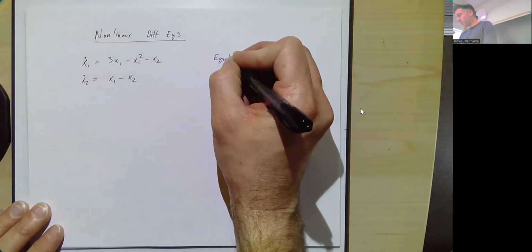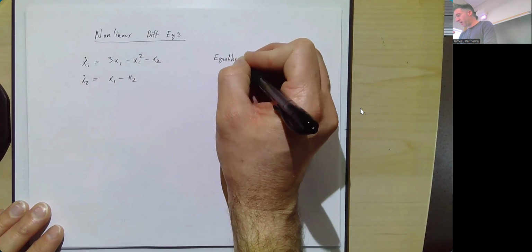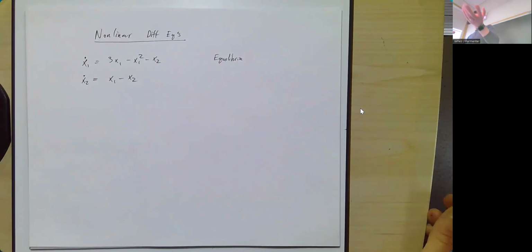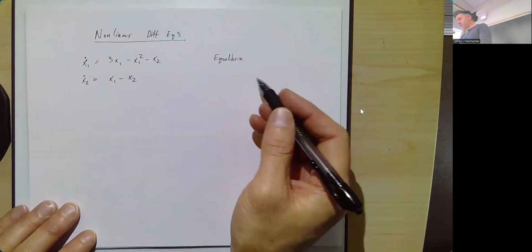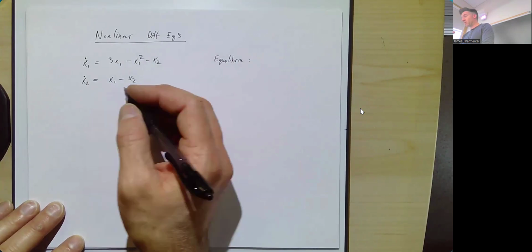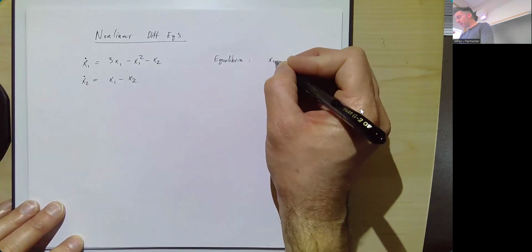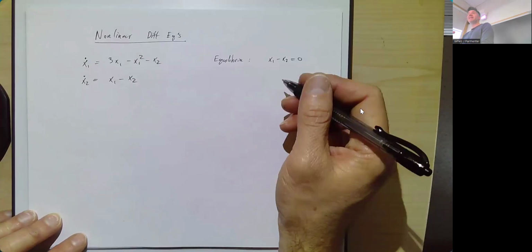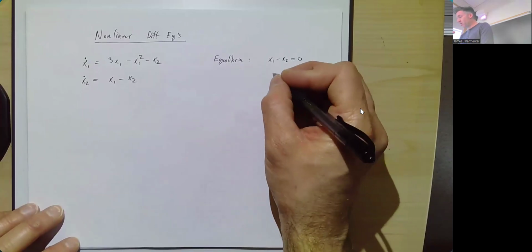So we're going to set each of these equal to 0. And my advice is the same kind of advice I had for when we were finding critical points of a function of two variables. It's a very similar process. Deal with the easier looking thing first. So of these two being set equal to 0, I'm going to look at the second one first. Setting x1 minus x2 equal to 0,